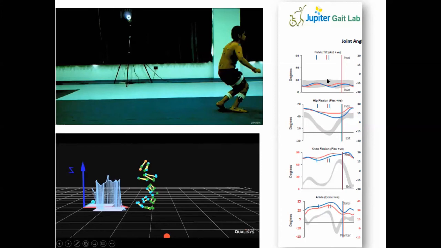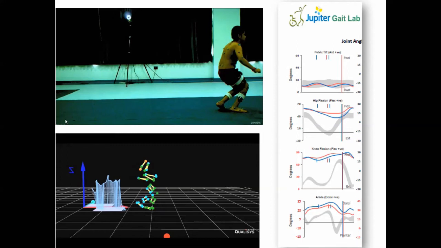This also then gives rise to these graphs. There are a total of 12 graphs. There are graphs for pelvis, hip, knee, and ankle. Each of these graphs is in a lateral profile, as we see a lateral view. They are also from a frontal profile, which will talk to us about varus, valgus, adduction, abduction. And then they are in a transverse profile, which talks to us about internal and external rotation at each level. And these graphs are studied, and then we compare it with the child's clinical examination. We compare it with observational gait analysis. We compare it with X-rays and CT scan, and then give you all a report.